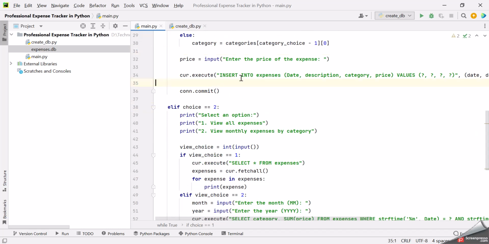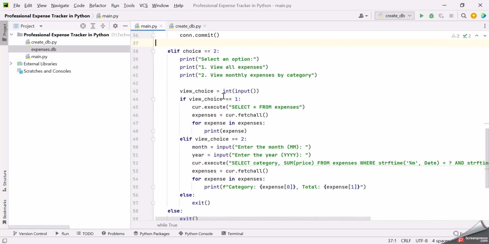Then using this statement, after executing this command, the user inserts the new expense data into the expenses table in the form of date, category, price, and we have to commit these changes. Elif, if the user